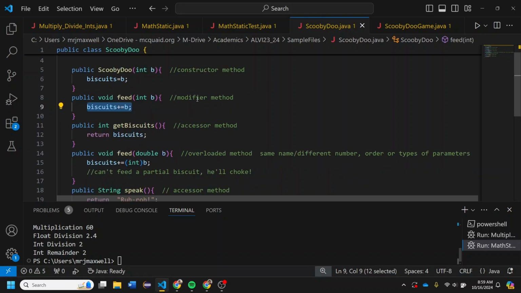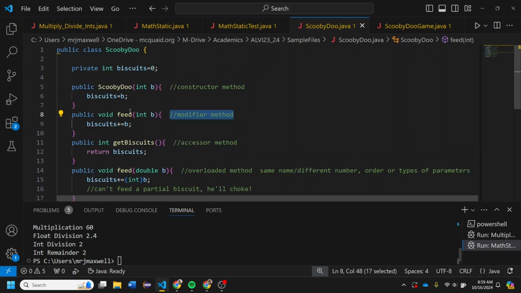Now, feed is a modifier method because it changes the state of the object. And the state of Scooby-Doo, or the properties of Scooby-Doo, are maintained in just one instance variable, biscuits, but as I referred, state could be a lot more complicated for other objects. If I made a real Scooby-Doo, it might have the avatar and health and all the other Scooby properties that you'd want to capture